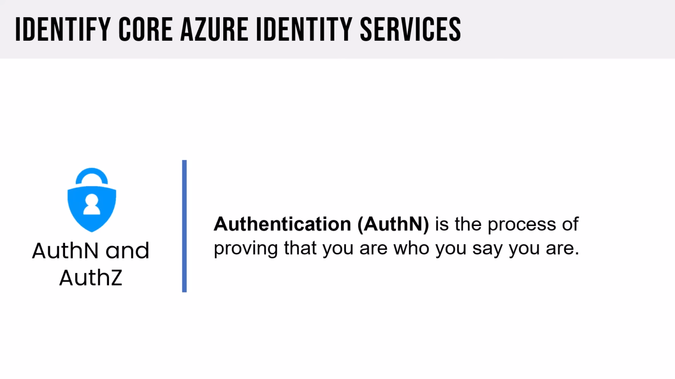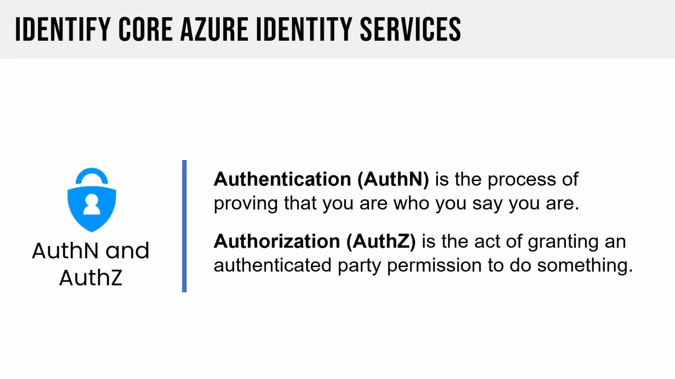So AuthN is short for authentication. This is the process of proving that you are who you say you are. And then there's authorization, or AuthZ. This is the act of granting an authenticated party permission to do something. So in the world of identity and access, authentication is proving your identity, and then authorization is the granting of